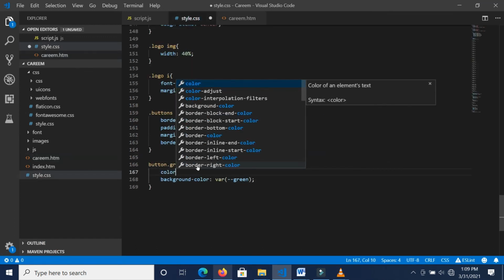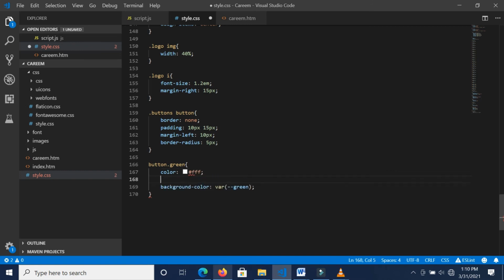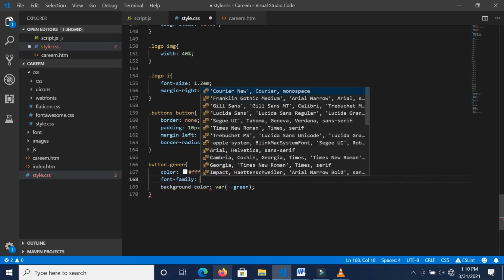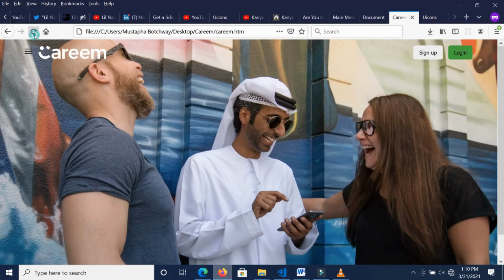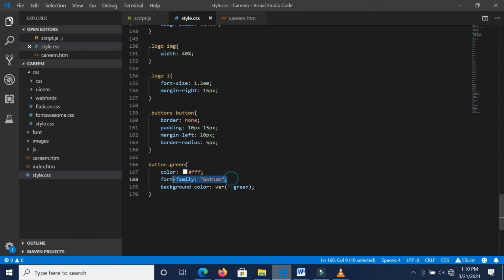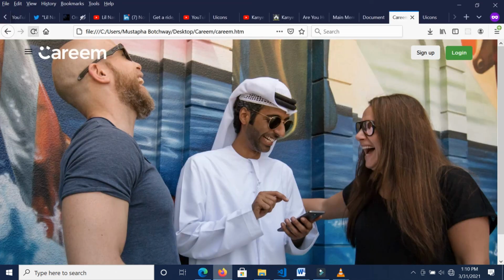I'll give it a color of white, and I'll set the font family to that. Let's refresh. You know what? As a matter of fact, I'll put the font family in the general button section so that I don't need to be repeating it. So we'll put it here. And this looks good. So let me refresh. Good. So all I have to do now is just include